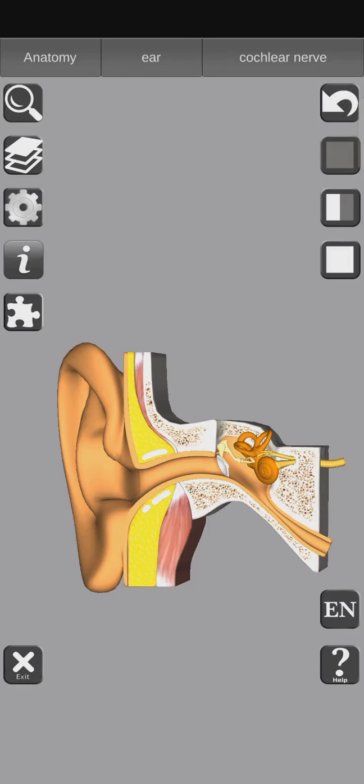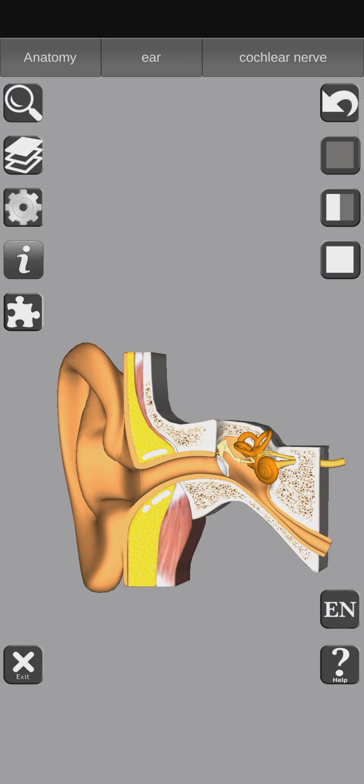Good morning, everyone. Today we are going to learn about the ear. First of all, let me tell you that the ear is one of the most typical parts of the body. Second thing is that, from the NCERT and the NEET point of view, NCERT has explained the ear in a very short form, in a very crisp way. It has not explained it in detail. That's why this becomes a very typical topic for the students to understand.